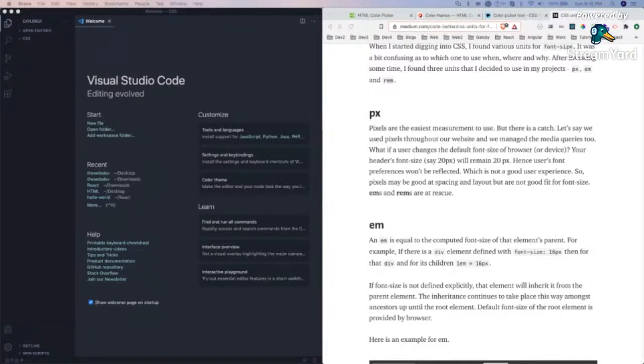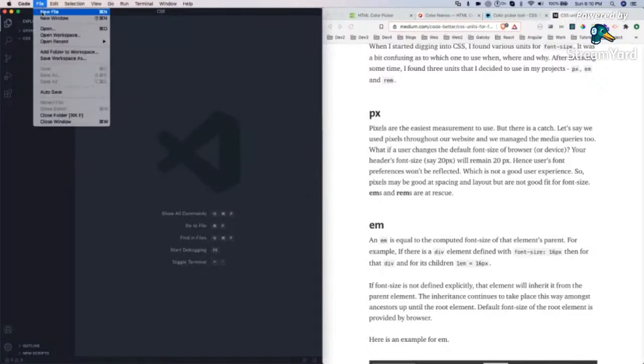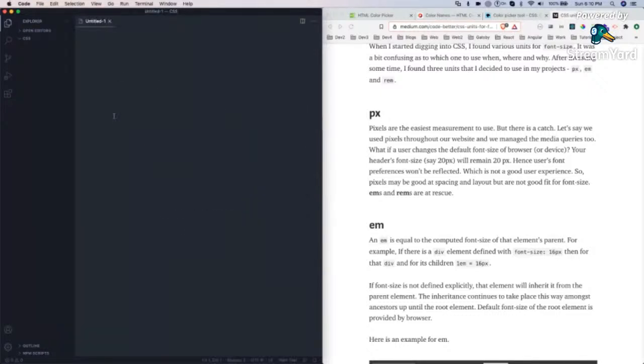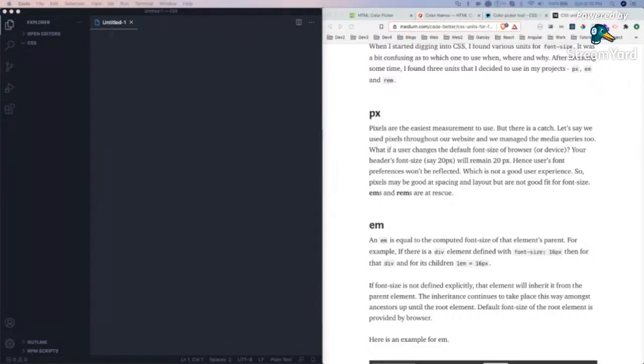What is CSS? CSS is known as Cascading Style Sheets, because it is used to style the website. Websites, as we have seen yesterday, the HTML website which I've shown was quite ugly. It was not anything near to any of the newer websites which you see. So that everything is done through CSS.